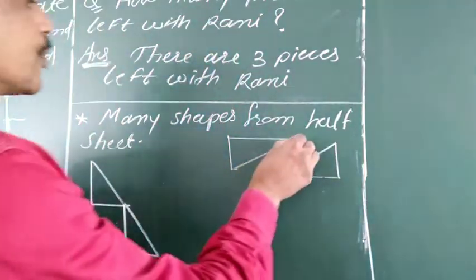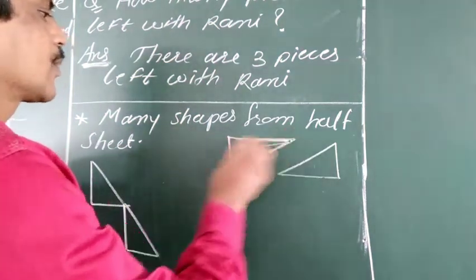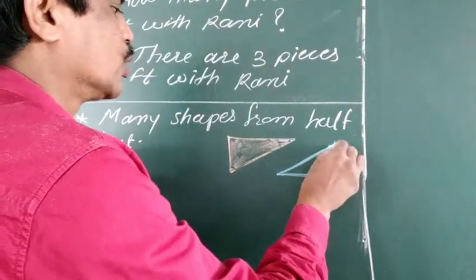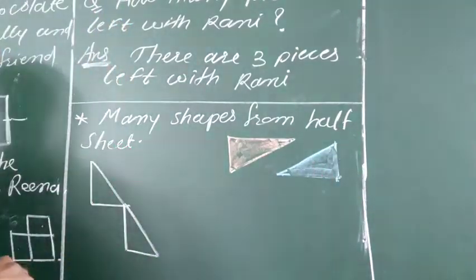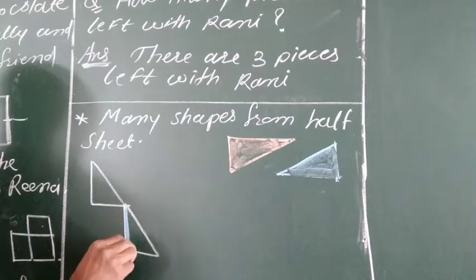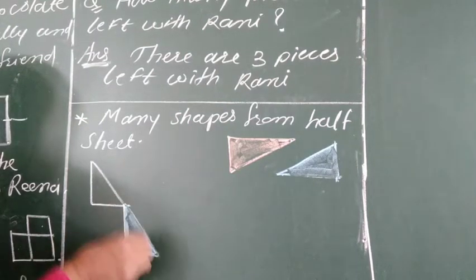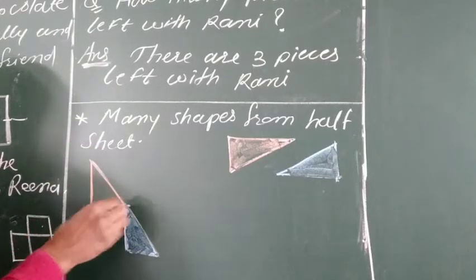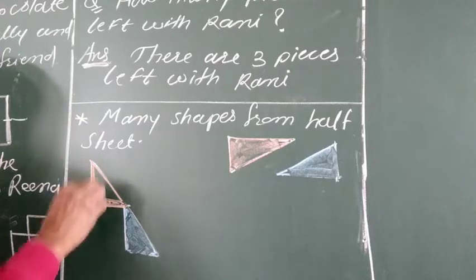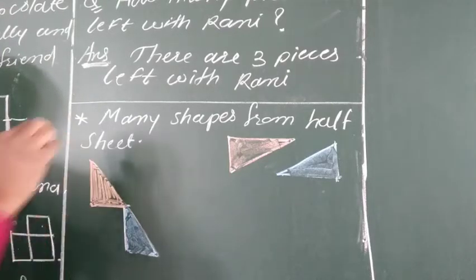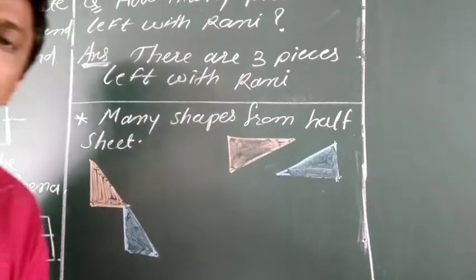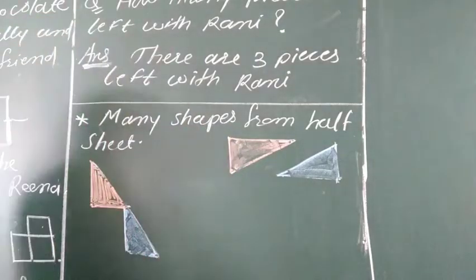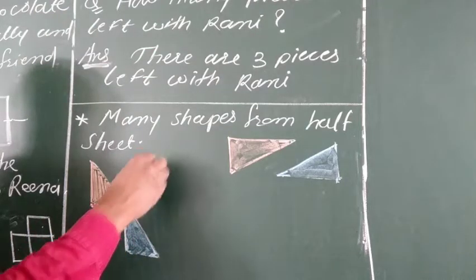See, this is your pink color sheet, and this is your blue color sheet. Now you join these 2 different sheets, it will make one different shape. Now these both are the half, and after joining these both halves, we can make this different shape. But do you think we can make only one shape by joining these 2 halves? No, there are many other shapes we can form by joining these 2 shapes. So let us see what the different shapes are.